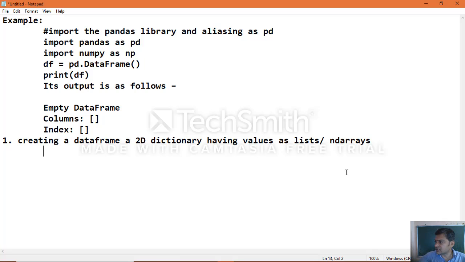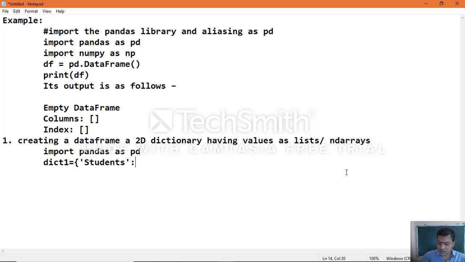So for example, import pandas as pd, then create the object for the dictionary, that is dictionary 1. And we know how to create a dictionary: data is always enclosed with curly braces, open and close, in between which you can have key value pairs. Key value pairs are what we learned about dictionaries and other data types.